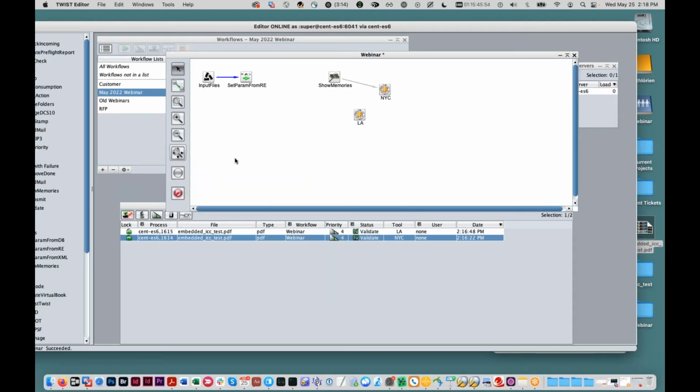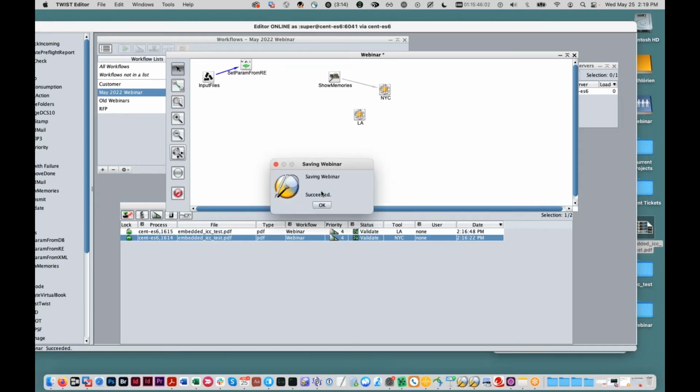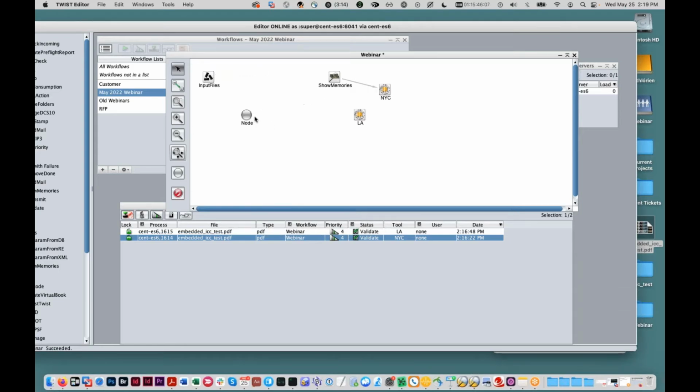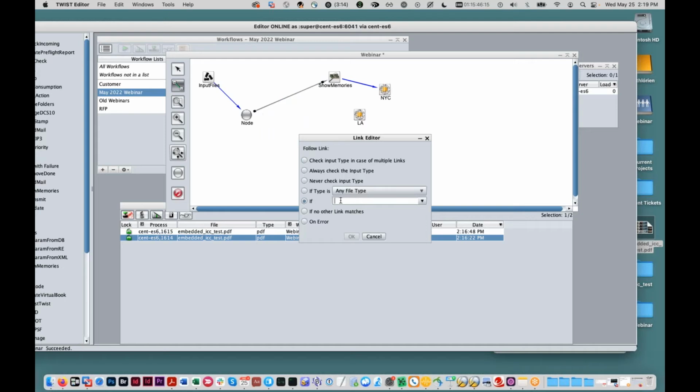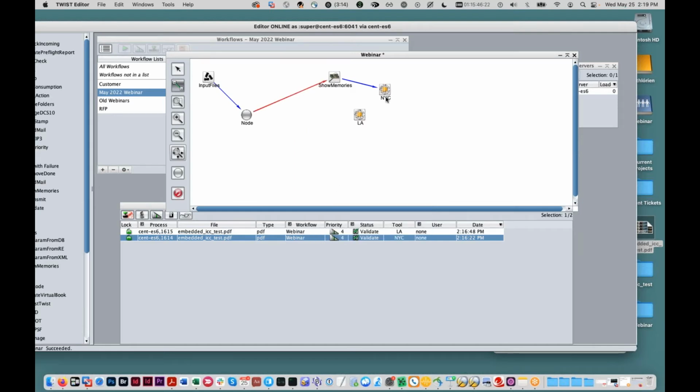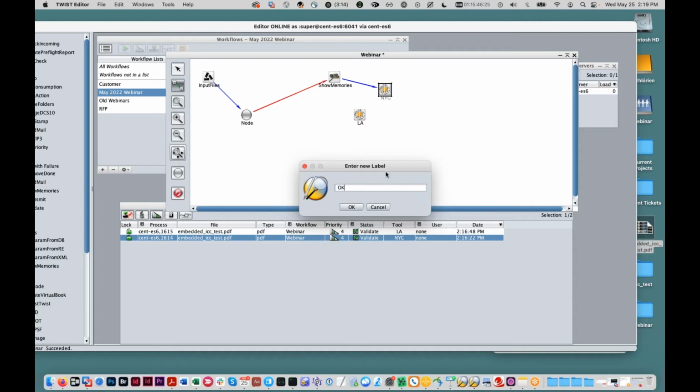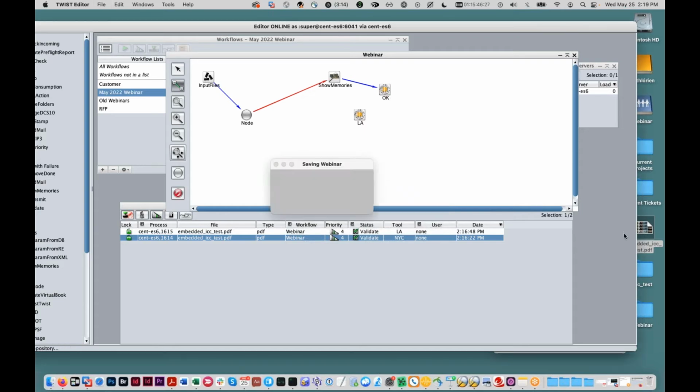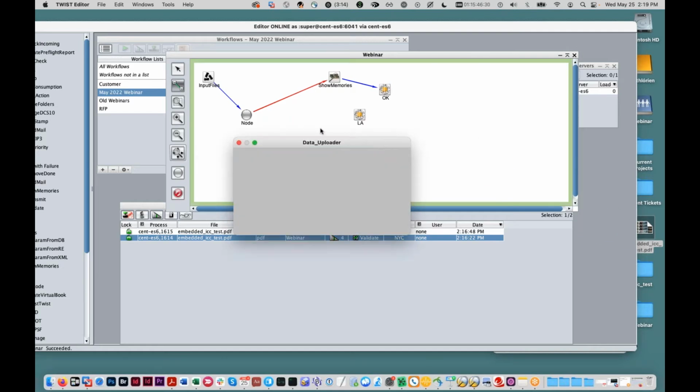So let's go ahead and save that. And then if we wanted to call this in here, then what I could do is I'll actually just stick a node in here so I have something I can point it to. Then after this node, we can type in brackets, hello world. So this time if I take this file and upload,